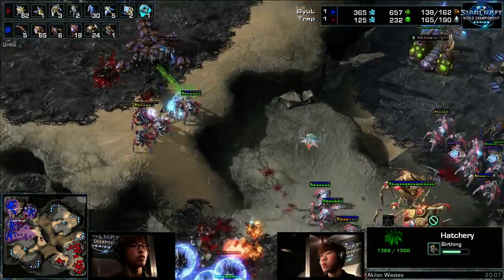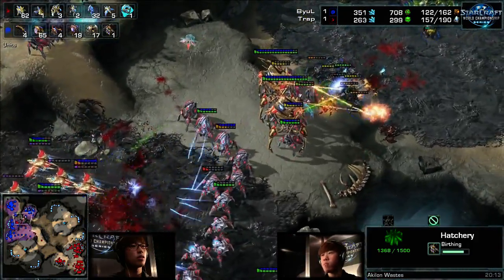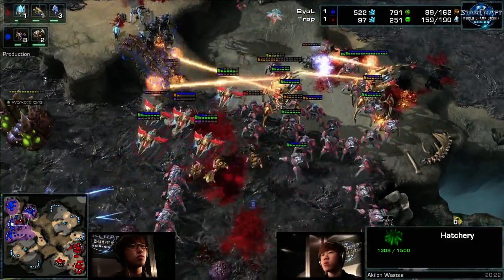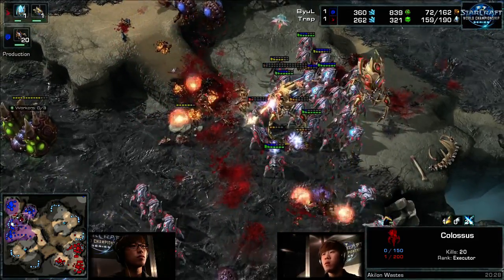All the roaches get lifted. Drones being pulled off the line. Roaches from the right-hand side, a good surround, but there's just way too much here for Trap. With the Colossus, he's able to do magnificent damage. Now the drones are going to be incinerated. A superior compositional build by Trap picked Byul